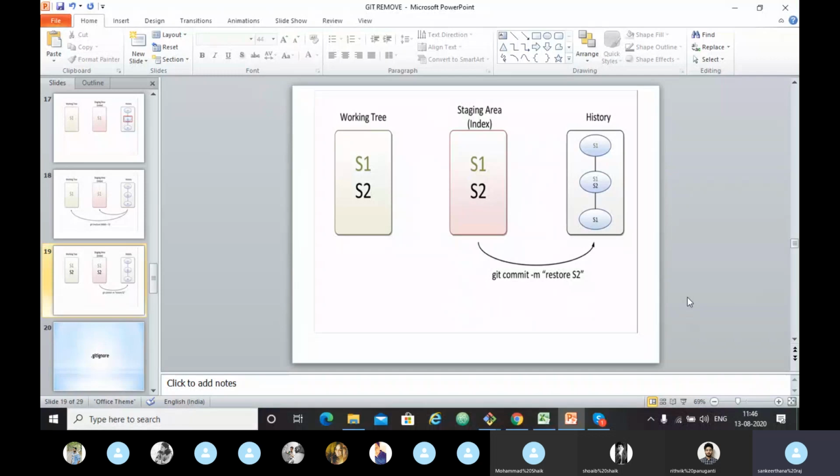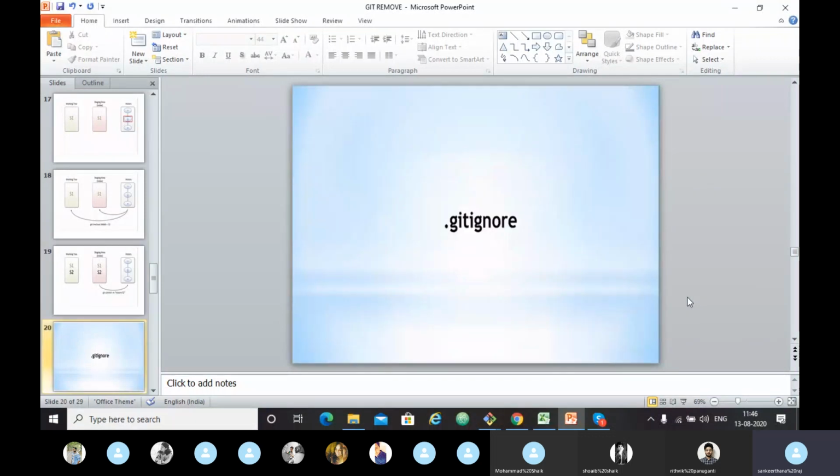After that, we will see the git ignore file. Git ignore is for when you have hundreds of files, let's say log files, so many useless files, or compiled code that you need but you don't want Git to track. It would be a burden for Git, so you just want to ignore those files. How we will ignore the files, we will see here. Let's say we have created some log files. For that, you have to create a project again.